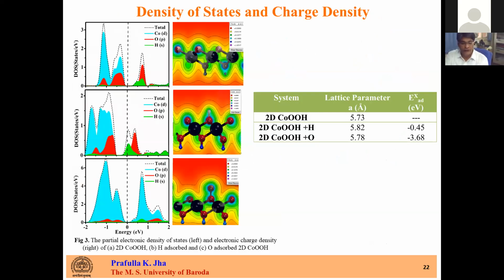So it is basically the density of states. In this case you can see that it has been plotted for hydrogen adsorbed, as well as the charge density plot. And as I have shown in the previous cases, the bond length profile of 2D COOH shows that the added atom, that is hydrogen and oxygen, induces distortions in its surroundings. And in this case, you can see the change in the density of states, A, that is the upper one for the pristine, and the lower ones are these. Here the lattice parameter is slightly modified, and this is the energy